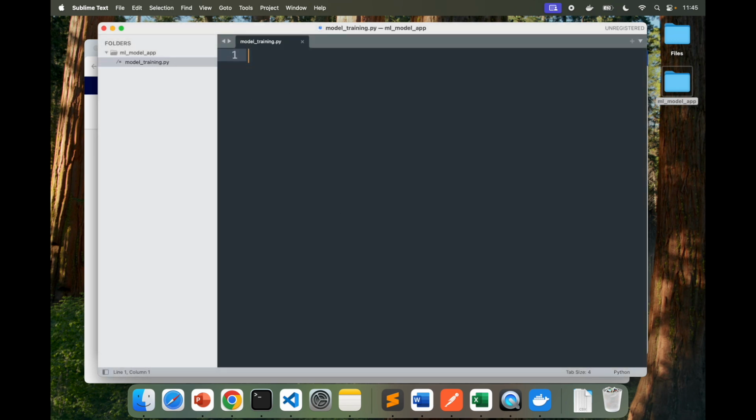So I have that. Now inside this, based on the previous videos that you've probably seen, I'm going to create a model training Python file, which will initially start with import joblib. Joblib is a Python library used for saving and loading large Python objects, particularly machine learning models. In this case, it will be used to save the trained random forest model to disk so that it can be reused without retraining. So I'm going to import some more stuff. We have already gone through it, but I can go over it again.